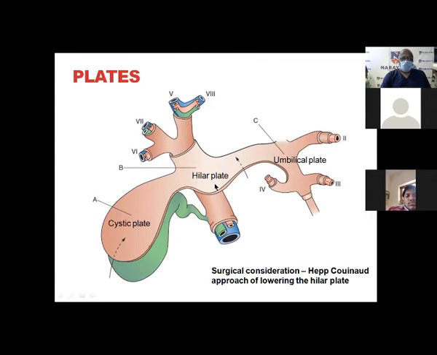This plate is very important surgically. To bring down the hilar plate, we do not have any biliary or vascular communication with the rest of the liver. You can bring it down nicely, and you can see the whole thing. If you peel this away, you will get the individual structures. You can easily see this is the hepatic artery, this is the bile duct, and that is the portal vein. This is what the relationship always is.